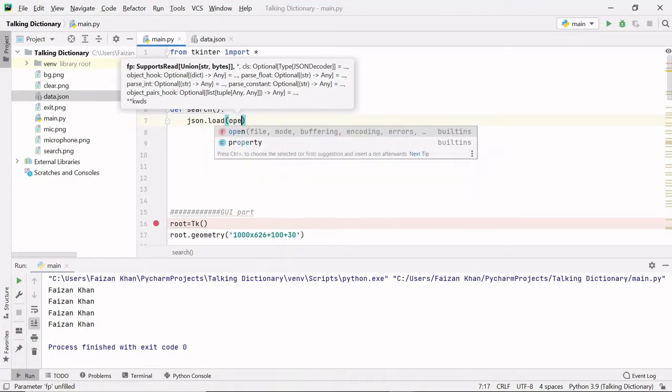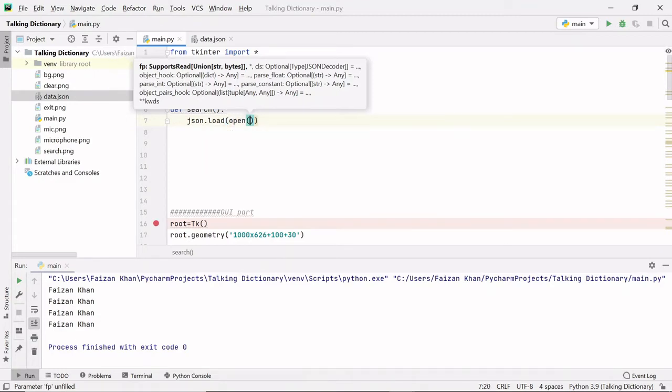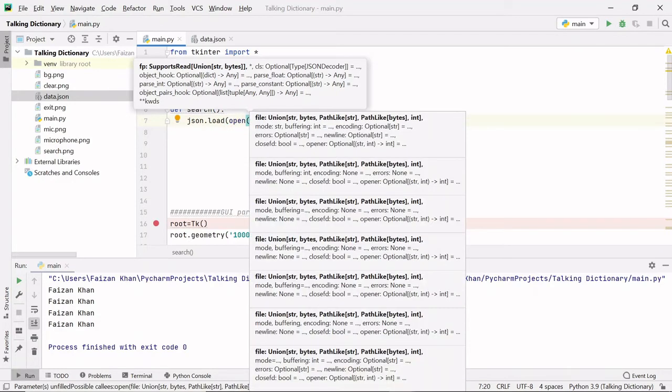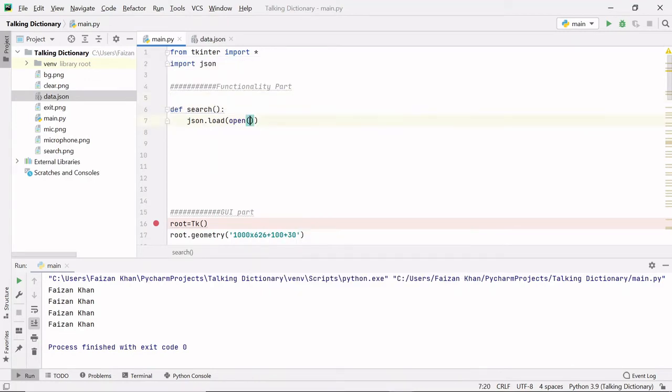We have to open that file first. So open, and what is the file name? File name is data.json. So in single or double quotes, you can mention the file name. Okay, and whatever data it will return, whatever data it has, that data will be stored in some variable. I will store that data in some variable data.